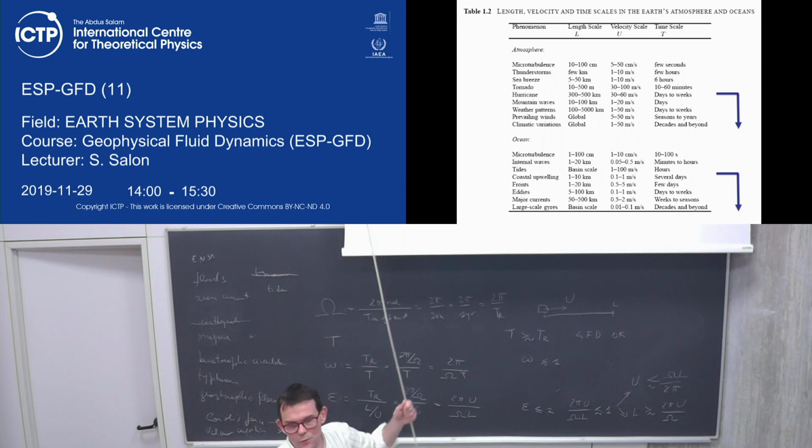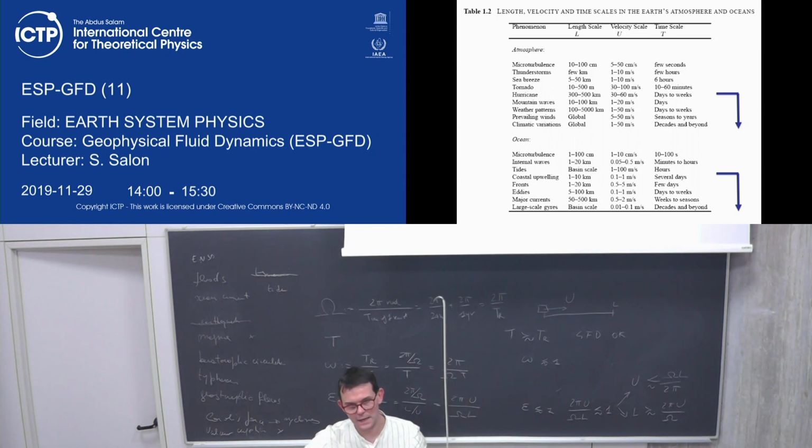Okay, so sea breeze is the wind which flows over the land due to the pressure difference between land and ocean. For example, during the daytime you have the sun which heats the sea differently from the land, and in the night you have the opposite. Okay, so the breeze is exactly given by the fact that you have two masses, one water and one solid, which are heated differently because of their heat capacity. And so you have an establishment of a pressure gradient and you have a wind.